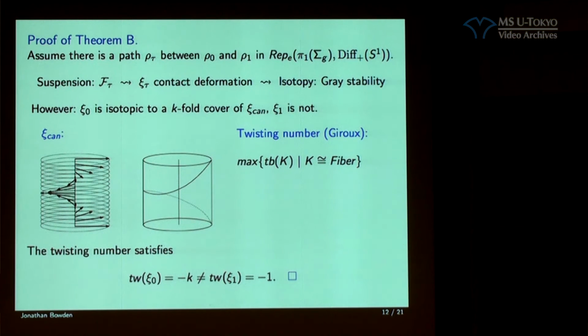So the invariant here is a fairly simple, very clever one, given by looking at certain framings of the Legendrian knots inside the manifold. So that's the proof. We've just shown that in a fixed Euler class you have at least two, and you can say it's something like 1 plus k to the 2g, components, path components. Okay, so